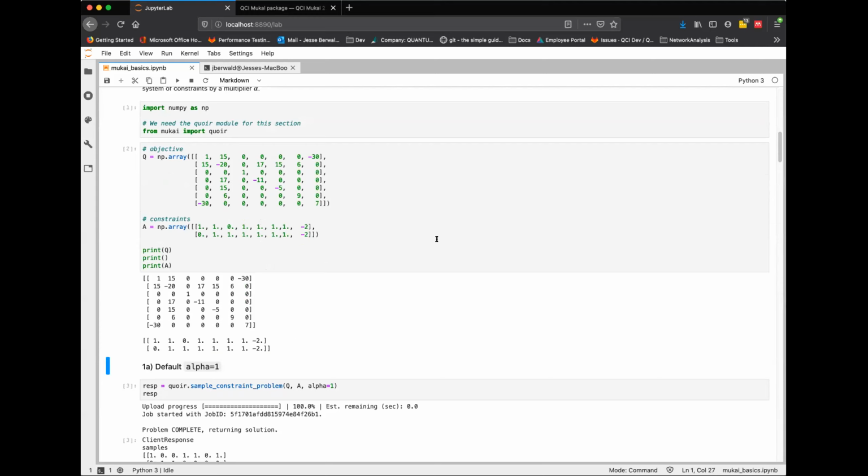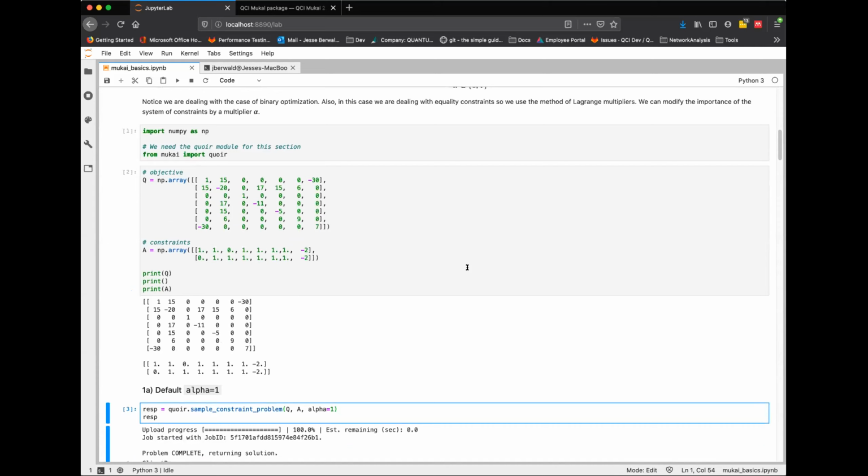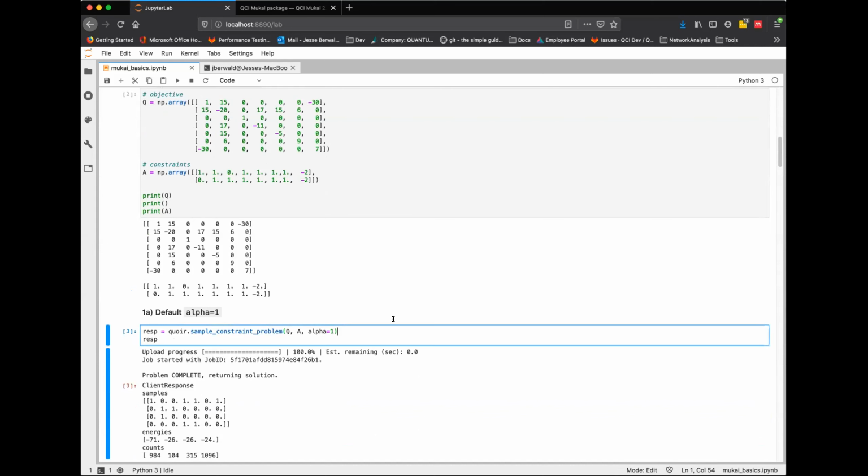we can do a couple things with this. First, there's a default. I called this out here, but you don't have to. The default is setting alpha equal to 1. You have to combine these in a certain way to get a QUBO out of them, which is how we're going to deal with this on the back end. But you have a lot of flexibility if you come in and you have these separate. So let me run this real quick. And what we're asking for is essentially, find the minimum value, the minimum energy it's often called, or cost, or if you're doing a traveling salesman, it would be distance, whatever your metric is that you're trying to minimize or maximize.